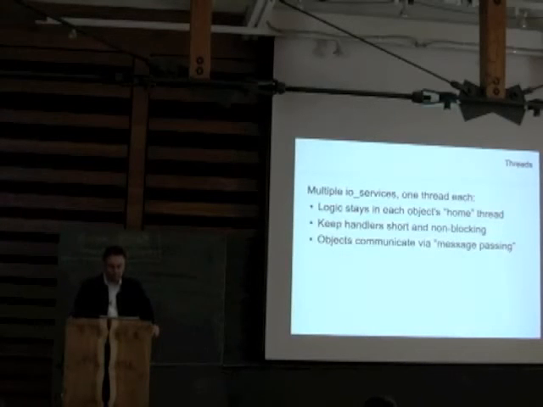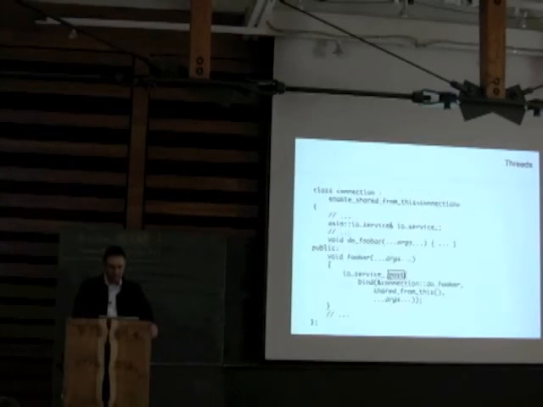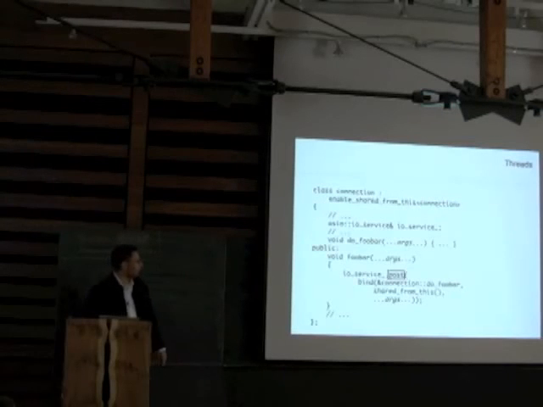And in general, I say you should ensure your objects, because you don't necessarily know the home I/O service of any particular object, and you don't know if it's going to be running in the same thread as you or in a different thread, you should use a message passing approach if you need to communicate between objects. And to do that sort of message passing, the design I recommend is that you